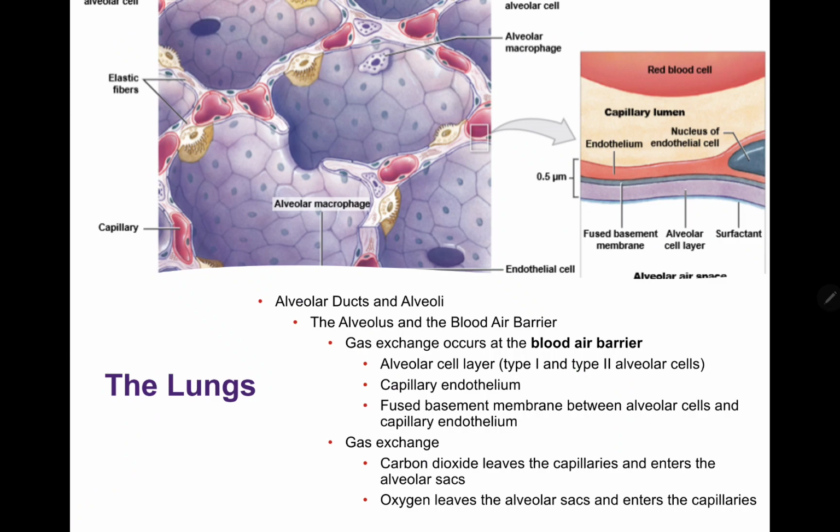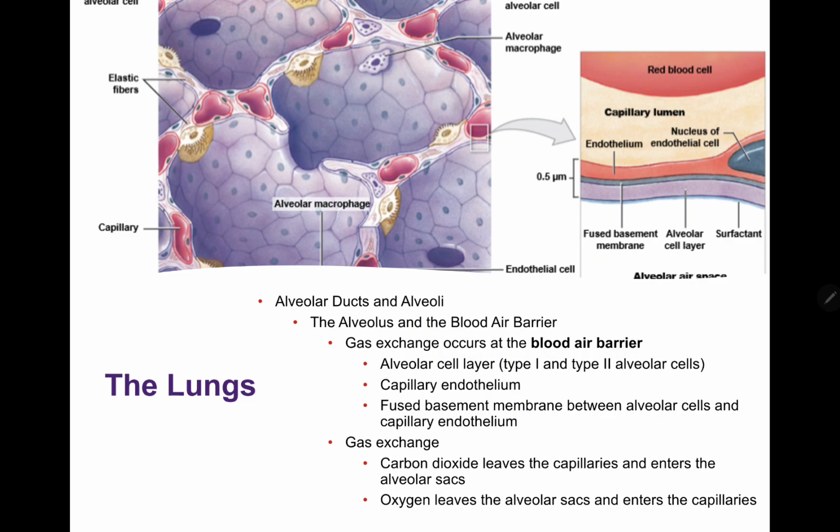So when we're looking at the alveolar ducts and alveoli, the alveolus and the blood-air barrier, gas exchange will occur at that blood-air barrier. The alveolar cell layers, again, we have type 1 and type 2. They're going to be fused, and we're going to have this fused basement membrane between the alveolar cells and that capillary endothelium. This is where the gas exchange